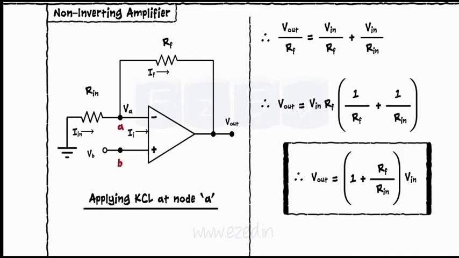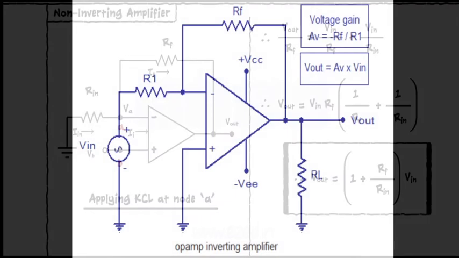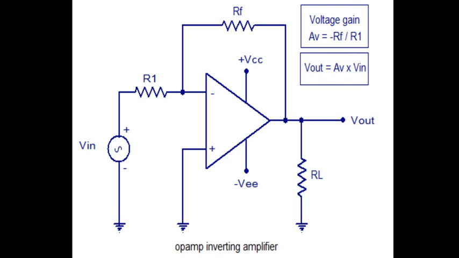So next let's take up inverting amplifier. Here this operational amplifier is called inverting because this circuit produces the output which is out of phase with respect to its input by 180 degrees. This means that if the input pulse is positive, then the output pulse will be negative and vice versa. The figure shows the inverting operational amplifier built with one op-amp and two resistors.